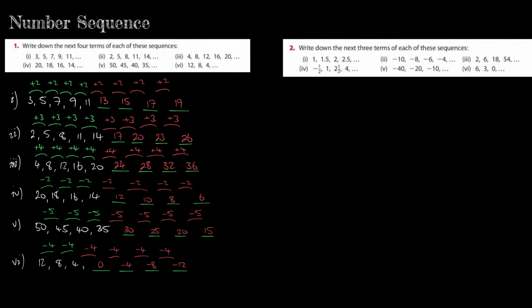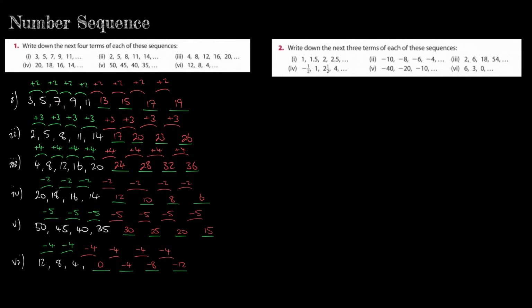For part 2, or question 2, what I want you to do is have a look there and see. So write down the next 3 terms of each of these sequences. So these ones are slightly more challenging because they are to do with decimals or to do with negatives or whatever it may be. So we'll start off with the first one. So 1, 1.5, 2, 2.5. So the next one there, you need to see the term-to-term rule, which is plus 0.5,